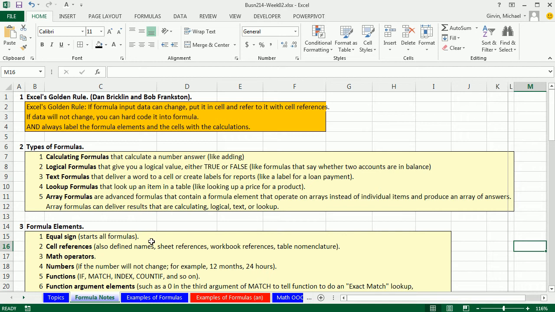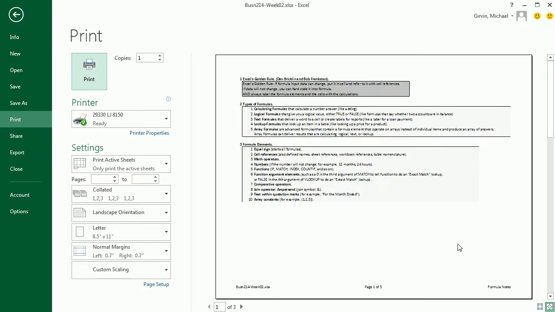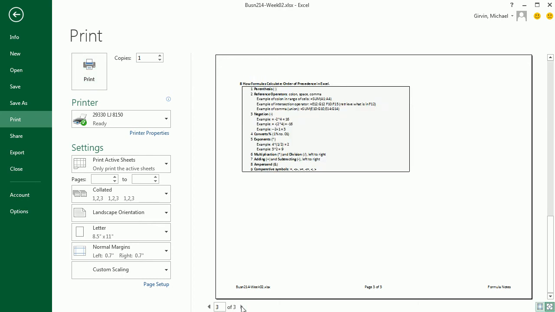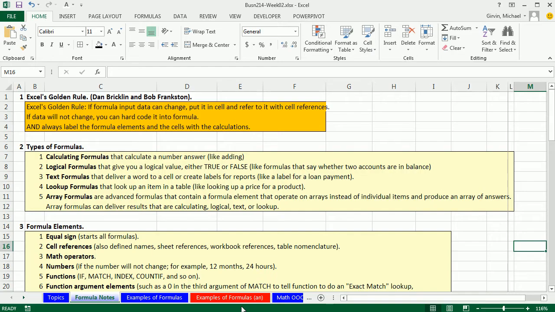Now, these are some notes. If you press Control P, you can see that I've done page setup. There are 3 pages of kind of condensed notes just of what type of things can go into formulas. I clicked Escape there. As we mentioned last week, Excel's golden rule goes back to the original idea that Bricklin